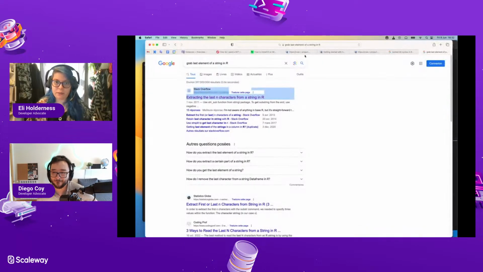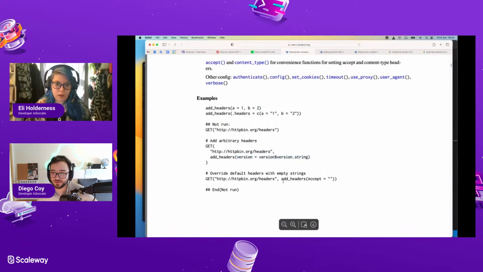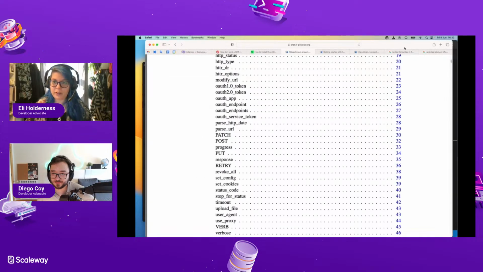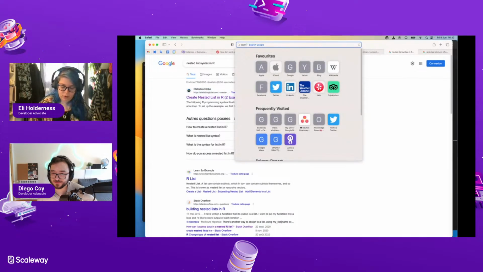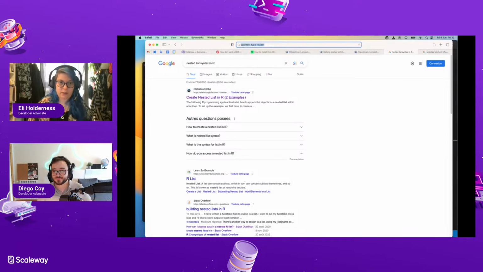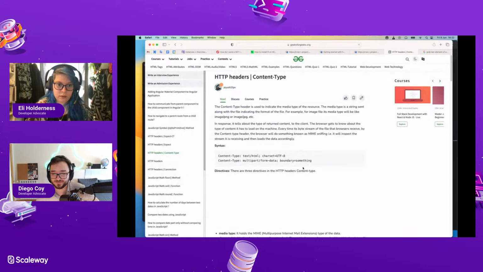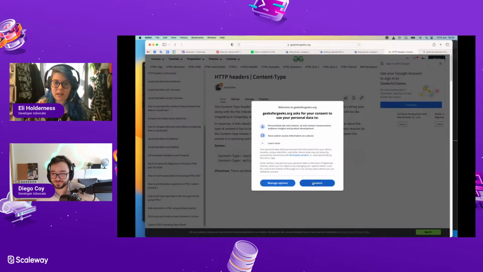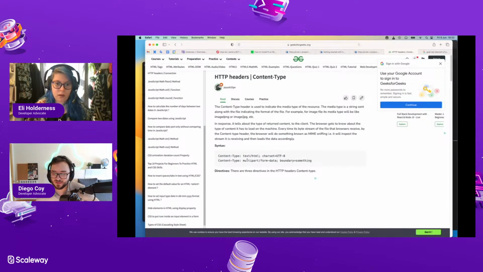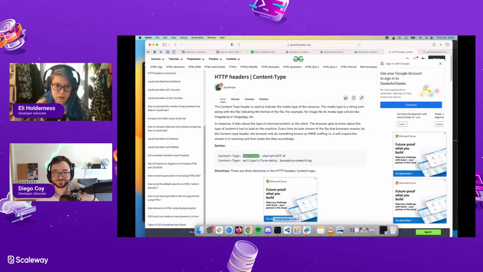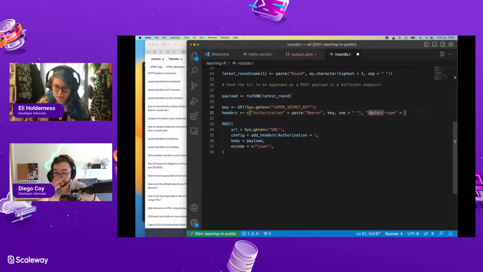What is it actually? Hang on. Let me have a look at the content type header. There we go. Content type. Oh, it needs to be capitals, is it? Yeah. Sometimes. And then it's just application/JSON. Correct. Yeah. Content type equals.